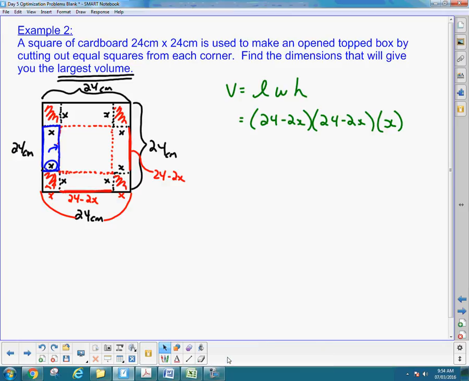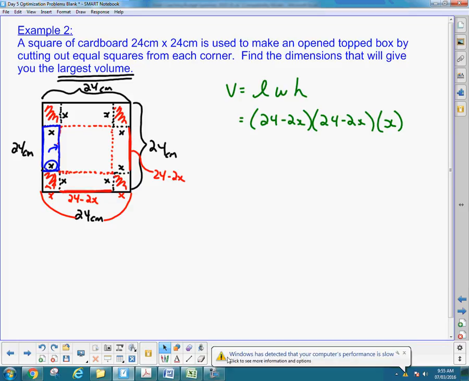So if you cut out 5 centimeter squares, you have 24 as the length, and you cut out a 5 and a 5, that means you must have 10 cut out, so 14 left over. And you cut out a little flap that's 5, so that 5 gets folded up, and it's 5 centimeters deep. So that's what I consider the hard part of this. The rest is now